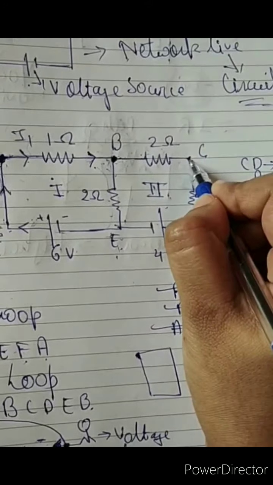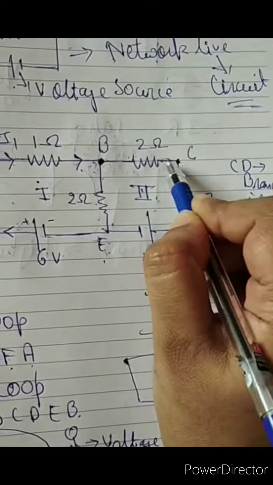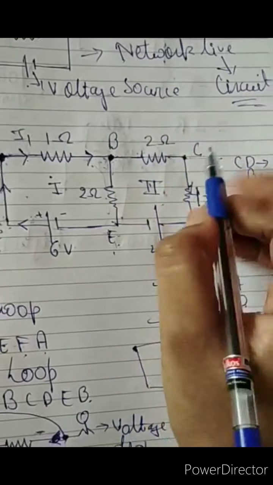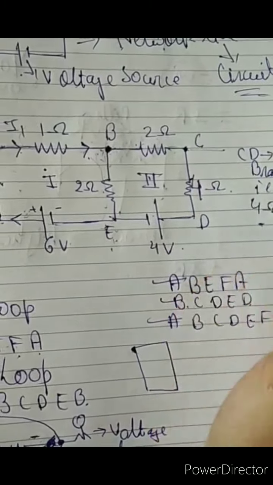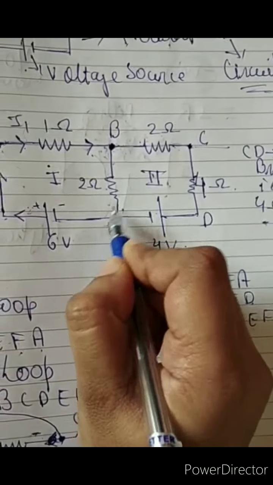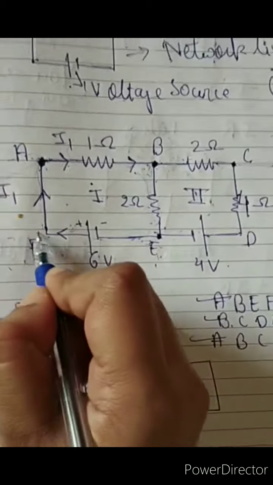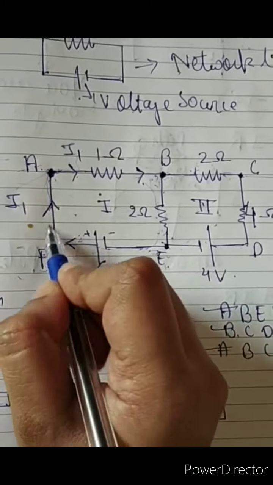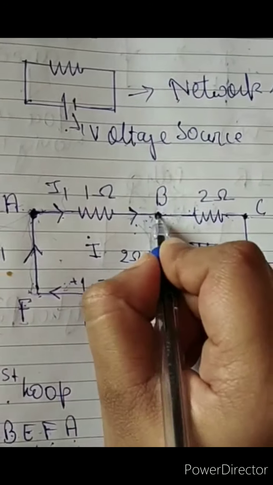Now at point C, it is a single wire, and no current is dividing at point C. So C is not a junction. Again D is not a junction. Again E is a junction. Why is E a junction? Because here there are three wires, this wire and two wires going out. Now F is not a junction point, because a single wire is going to A. So now I1 is coming to B.